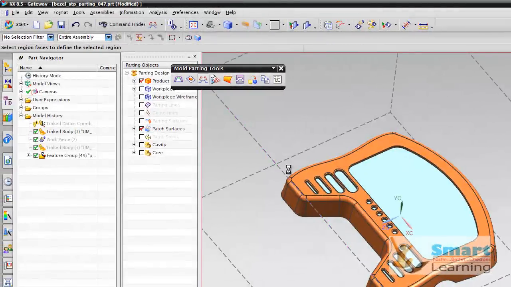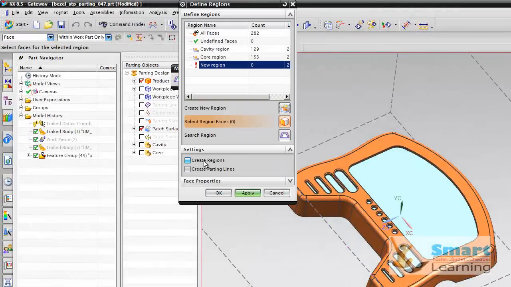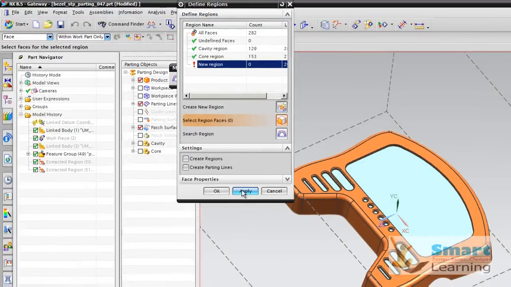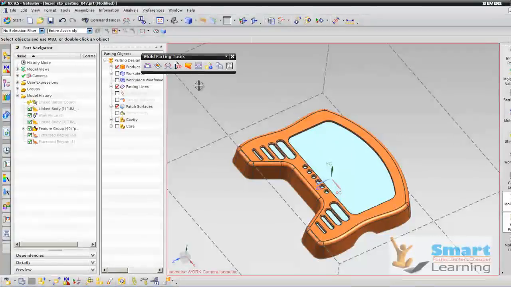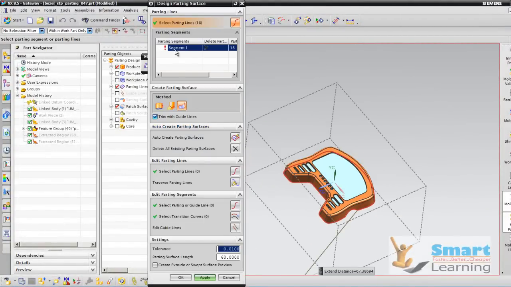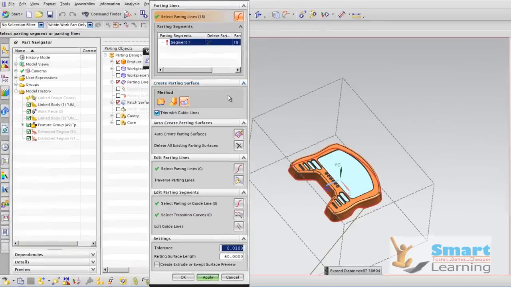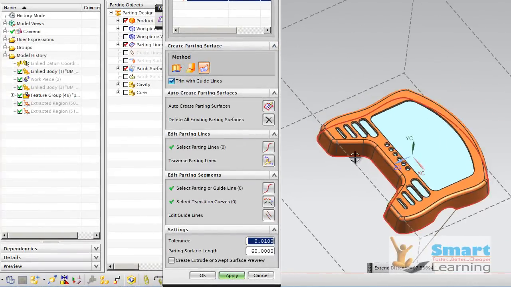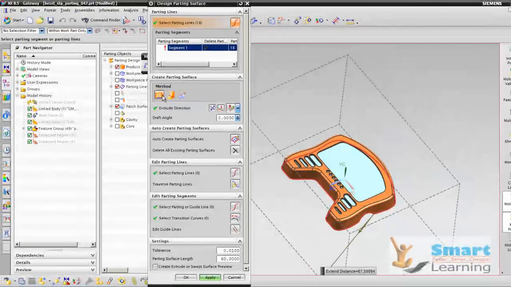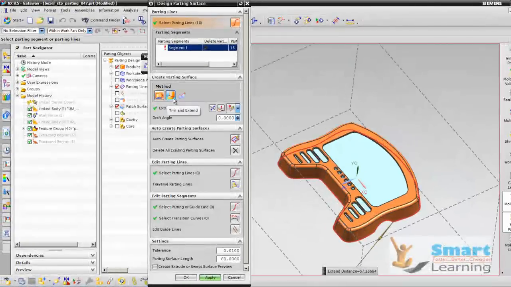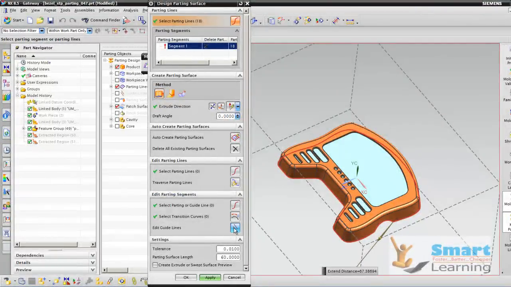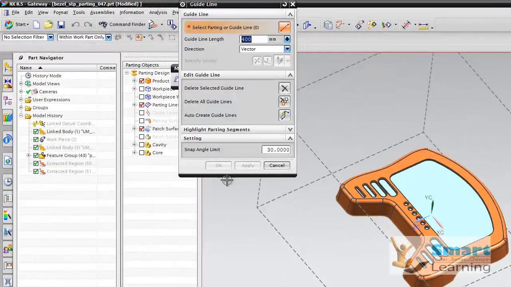Now we'll go to our regions where we'll create the regions and parting lines out of this core and cavity regions which we have defined. And once you go for apply, those regions will be calculated. Next we'll go to the parting line design and we'll select this segment and we'll go to the edit guidelines. Once you go to edit guidelines, before that I will just close this dashboard, and here you can set